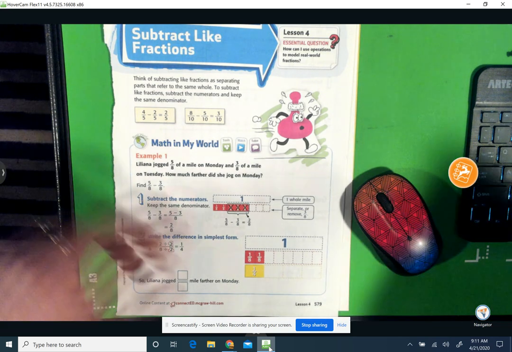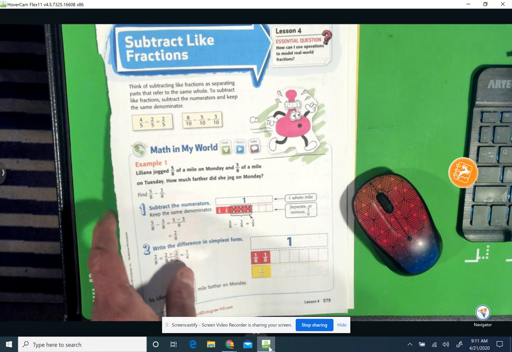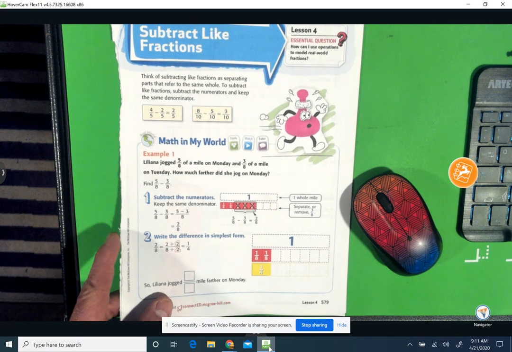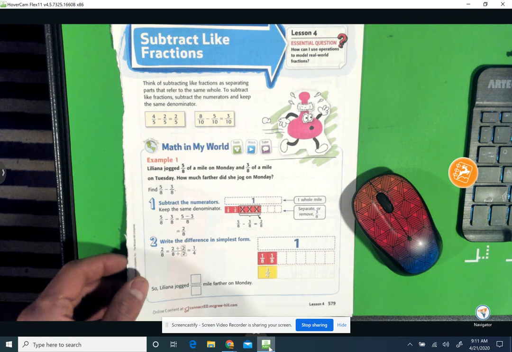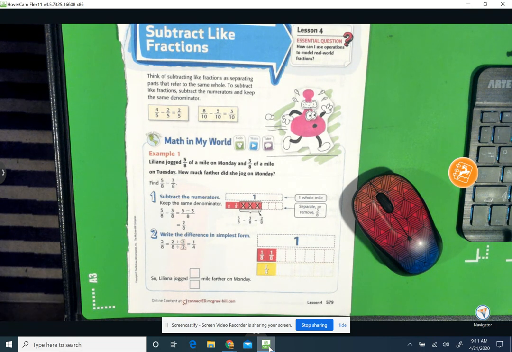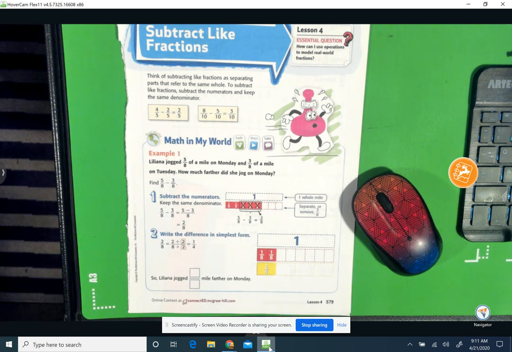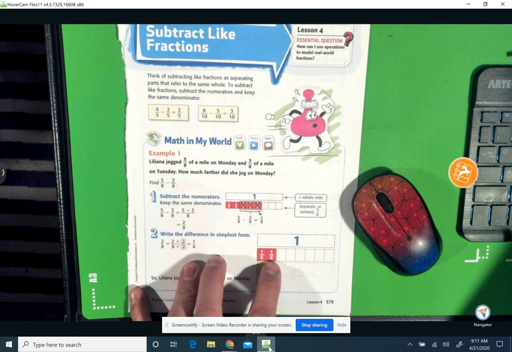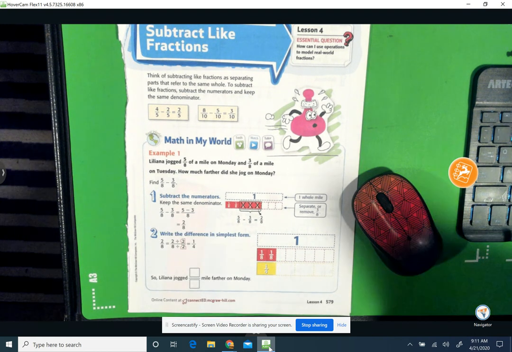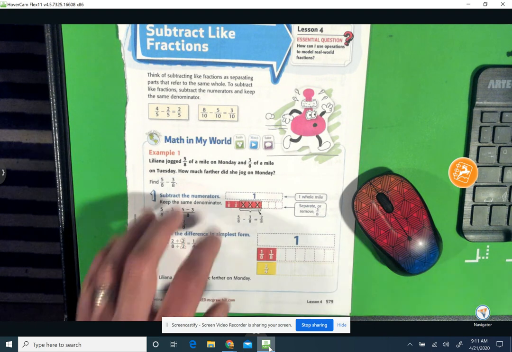On to subtracting like fractions. So a lot like the lesson from Mrs. Smith for adding fractions, today we are going to be subtracting fractions that have denominators that are the same. And when your denominators are the same, all you need to do is subtract the numerators, or subtract the top